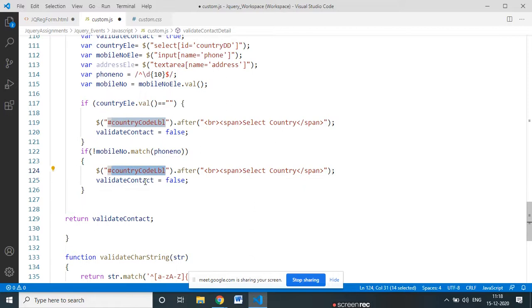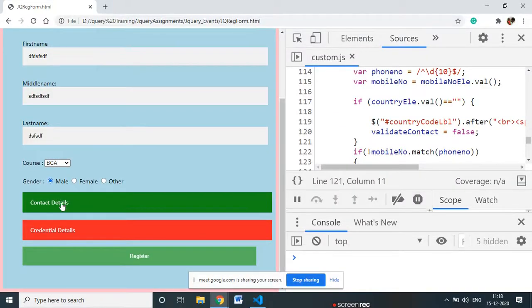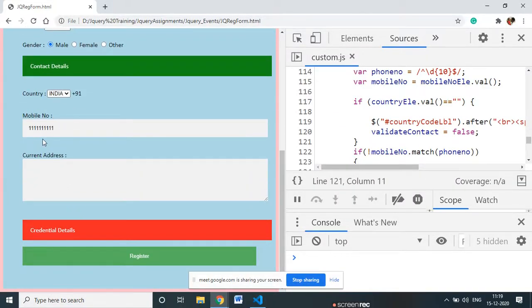Okay, so here country code label after, and I select mobile number. After means it will put the validation error here. In country code we put the validation error here. In this mobile number we put it here.